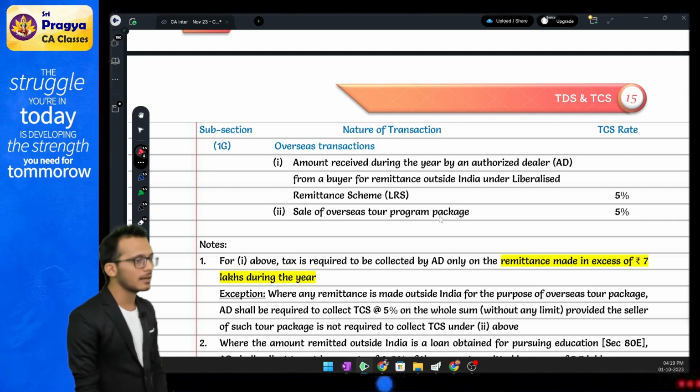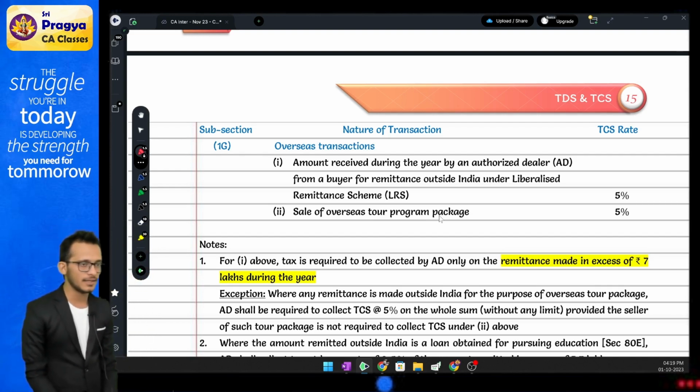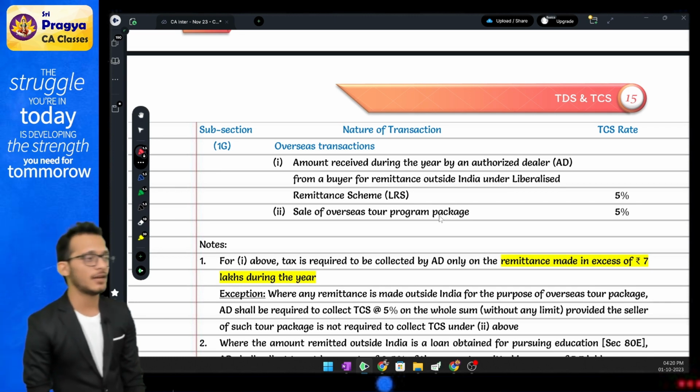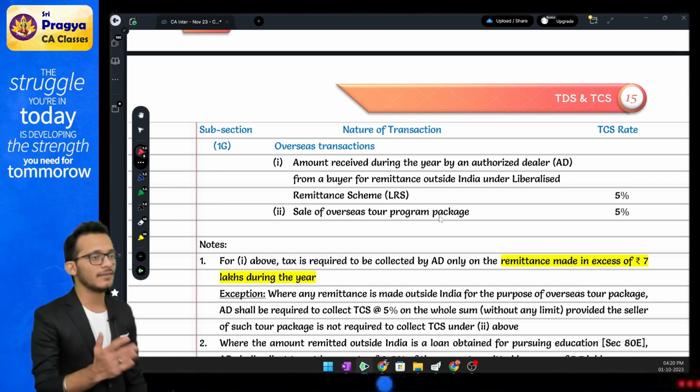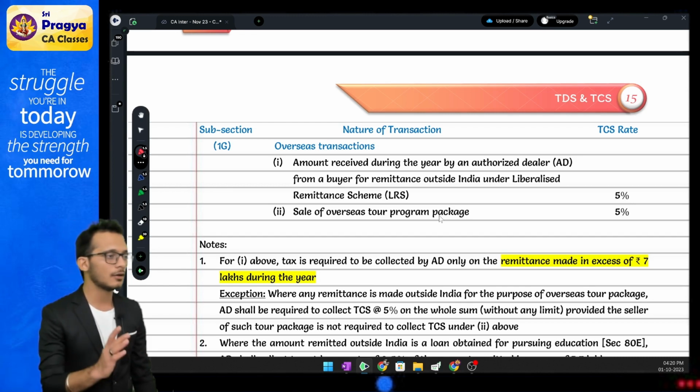We call him the AD banker. What banker? AD banker. We call them authorized dealers. So if you make a payment up to 7 lakhs in 1 year, no problem. If you make a payment of more than 7 lakhs in 1 year, it will become 5%. But at the same time, they are saying, boss, forget all this. If you make a payment for a tour package,